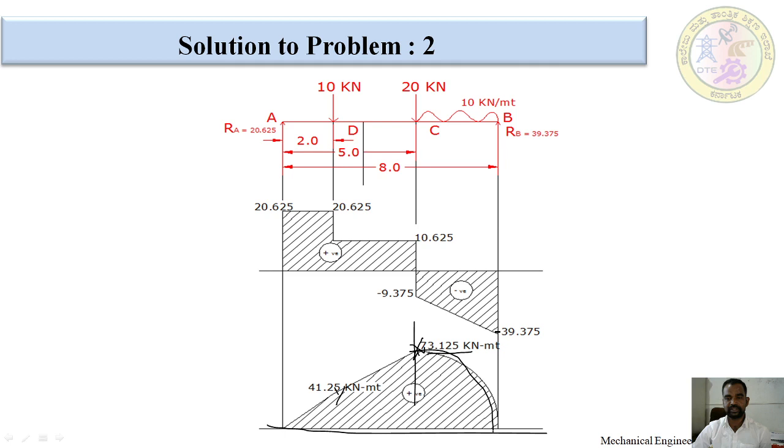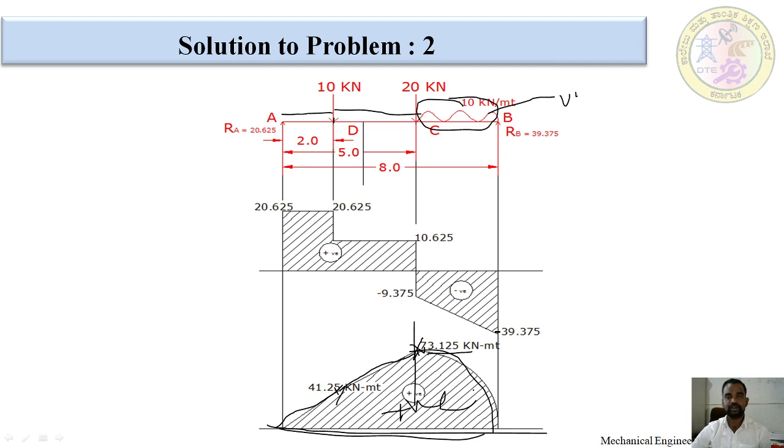Why do we draw this parabolic line? Because in this loading condition of the beam there is a UDL. For that reason we draw a parabolic line. Up to this point there is no UDL, so I am going to draw a straight line here. There is also no load between these two points D and A, so I am going to draw a straight line. This is the positive bending sign. This completes problem number 2.